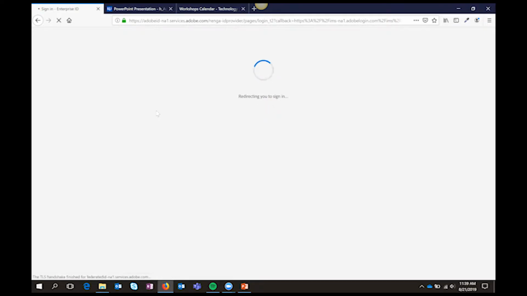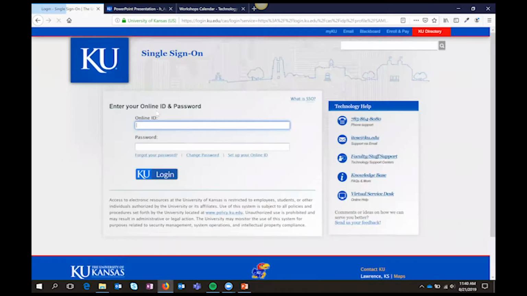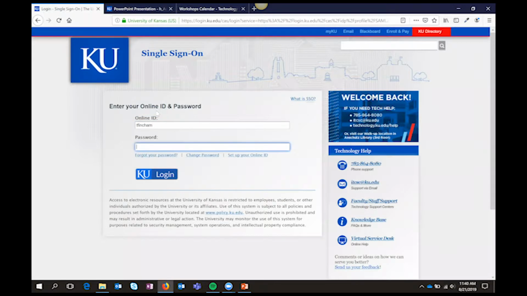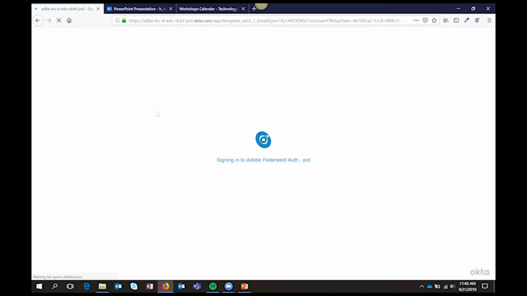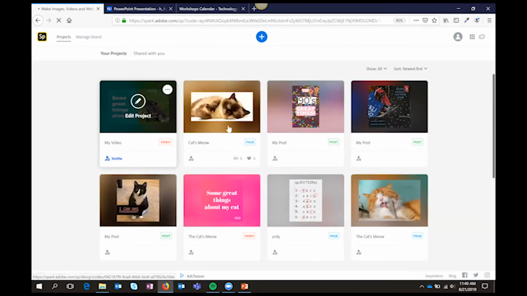This is going to take you to the sign-in page. So you'll log in with your KU credentials. If you're using Duo, you may have to authenticate here as well to get past the sign-in screen. And then when you're